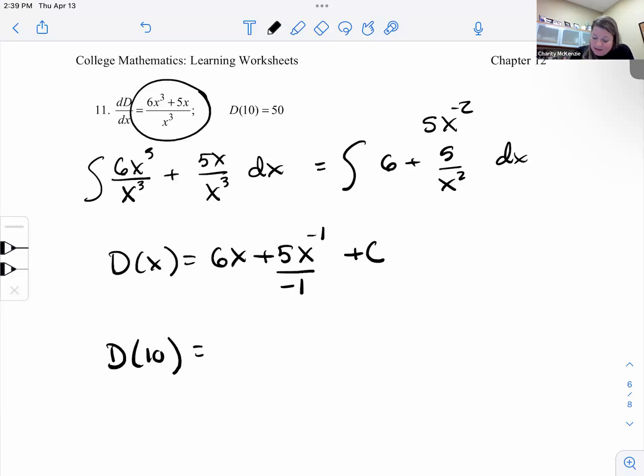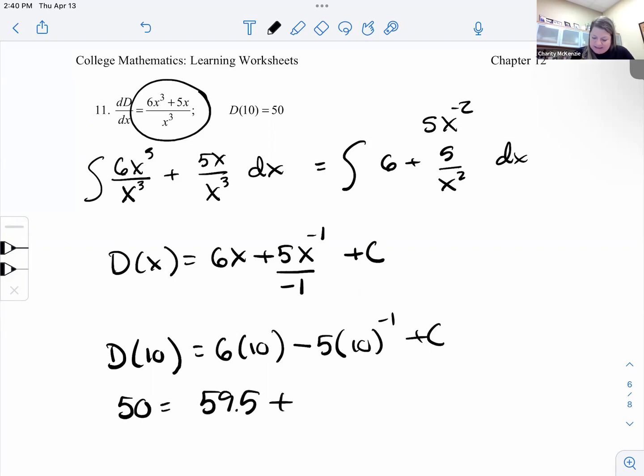and we would get 6 times 10. Now this would become minus 5, and you could keep it there if you want, to the -1 plus C, because you can just put that in your calculator, or you can move it to the denominator, either way. So I'm going to do that just in my calculator. 6 times 10 minus 5 times 10 to the -1 power, which would be like a half because it's the same as 5 over 10. So I got, oops, this should be 50 equals, I got